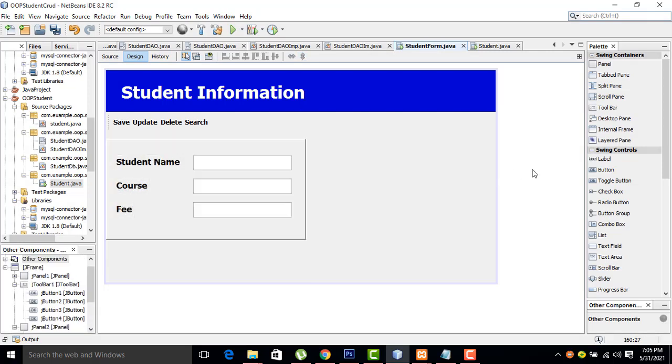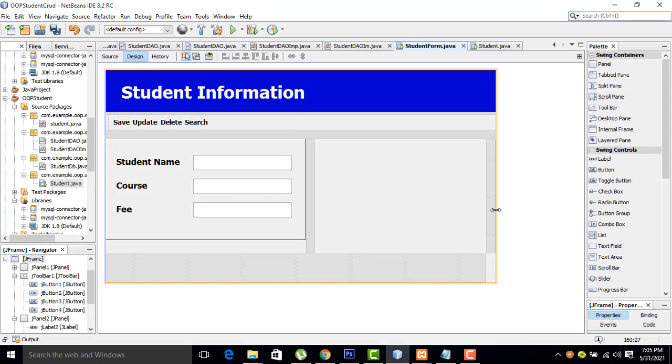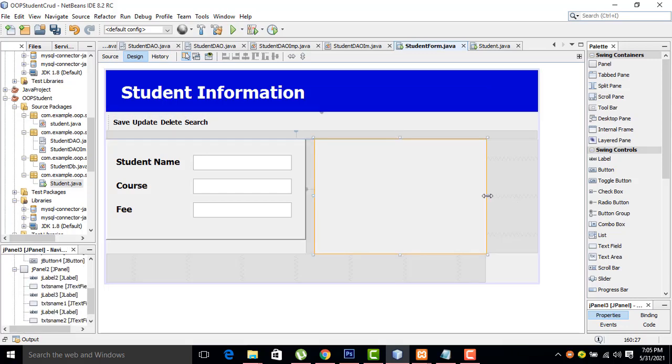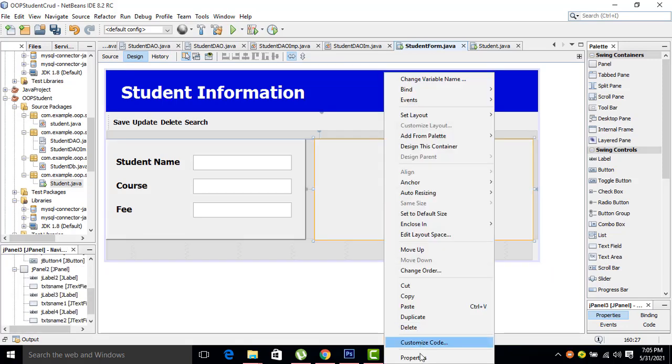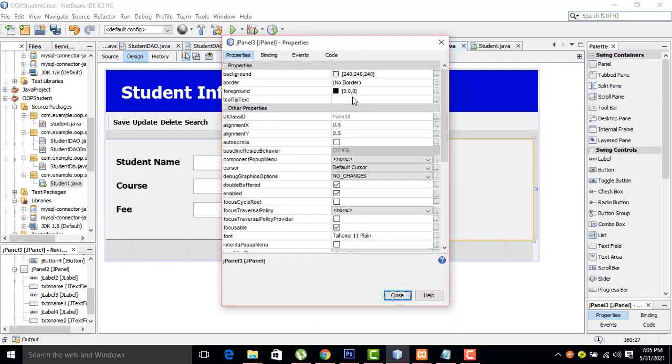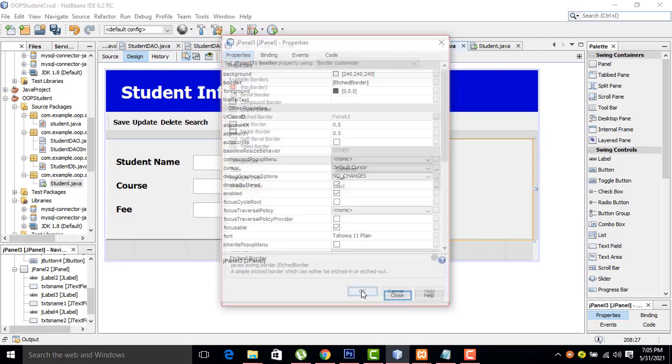Now here I'm going to drag another panel. With this panel I'm also going to do the same things. I'm going to drag the labels and also select the border as well.